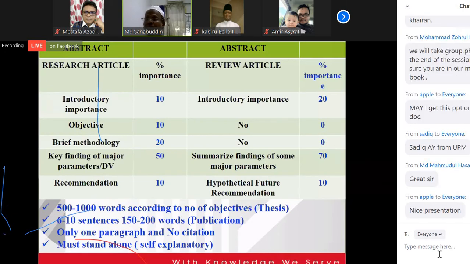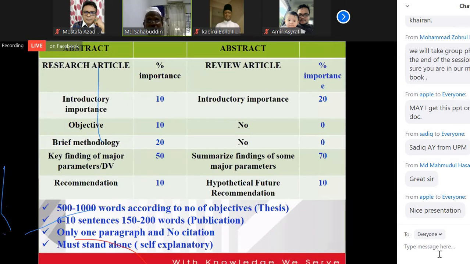So under the review article there are 3 components, and you also have to follow the sequence and maintain the percent importance: 20, 70, 10, plus minus. If you rearrange, maybe plus minus, but not too big a gap from our idea. I contacted different professors from different countries, took an average of their opinions, and then gave this value for the sequence of percent importance. But this is up to you. From your researcher, your supervisor committee or the author group, you can rearrange plus minus.